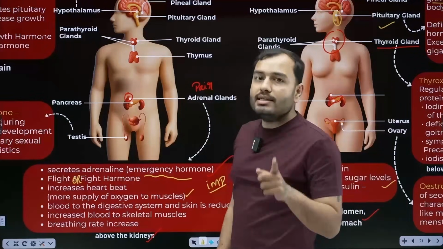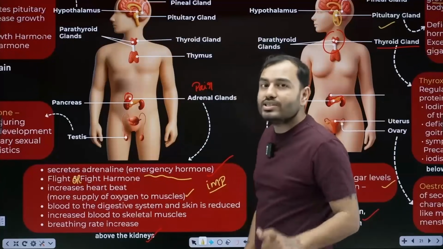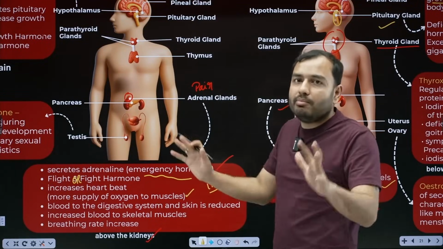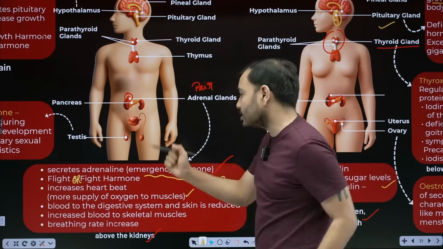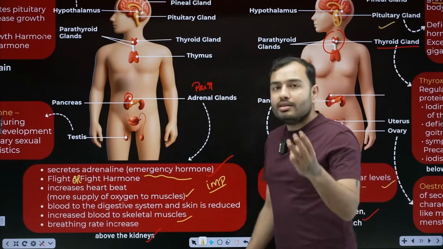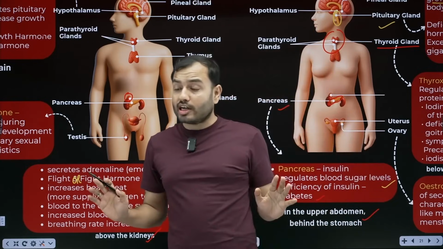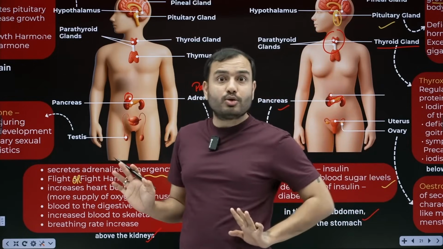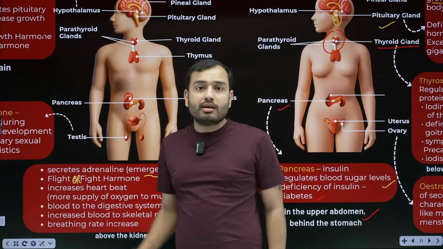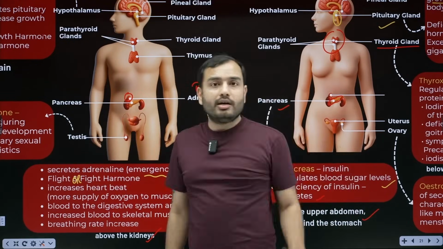Second thing it does is increase blood supply to skeletal muscles. Meaning it increases blood supply to the muscles attached to the skeleton, because the skeletal muscles are urgently needed right now. The third thing it does is it says it's an emergency time, no useless work. Stop digestion. Stop temperature control now. It will tell the skin, I won't give you blood now. It will tell the stomach, I won't give you blood now.